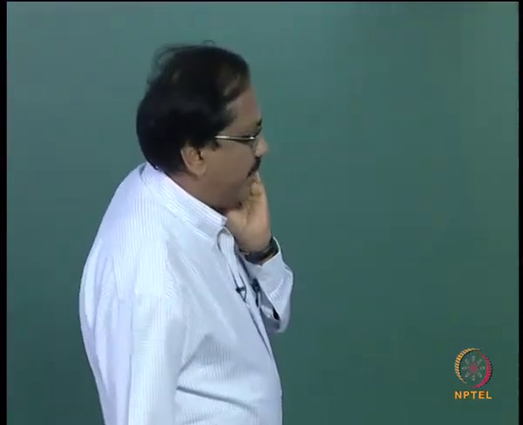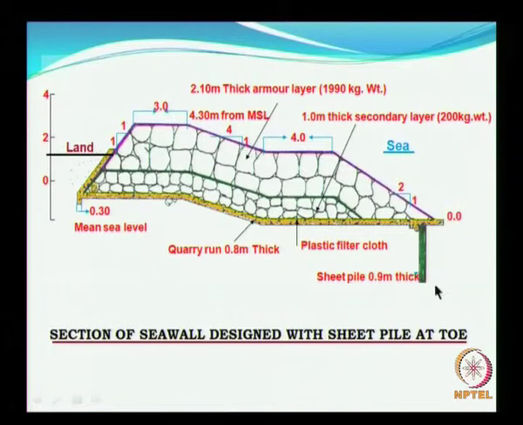of a toe. So you need to have a toe, and one such method is to provide a sheet pile, as we have seen in the earlier slides also, the older versions where they always have a kind of sheet pile. But sheet pile these days is not being preferred because it is going to be quite expensive. However, this is one technique where the sheet pile will not allow the progress of the sand this side, and hence you can have the safety of the seawall from slip circle failure. But then again there may be some amount of dislodgement of the stones which you need to take care of.